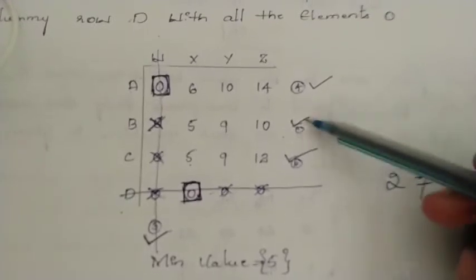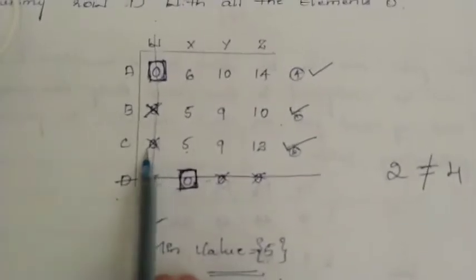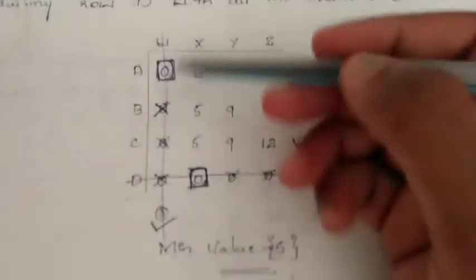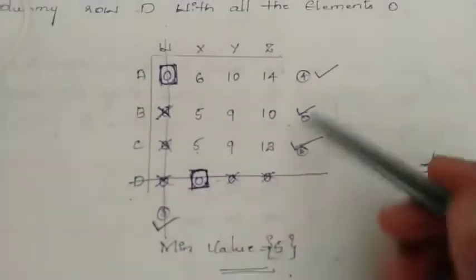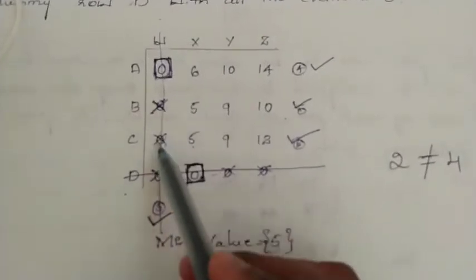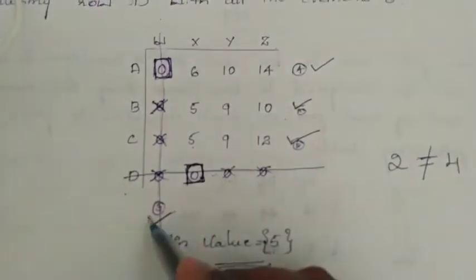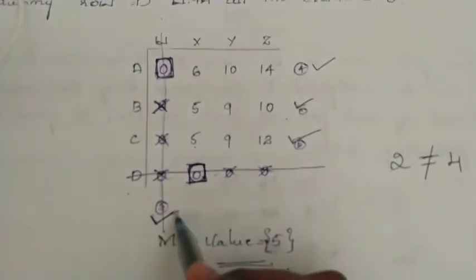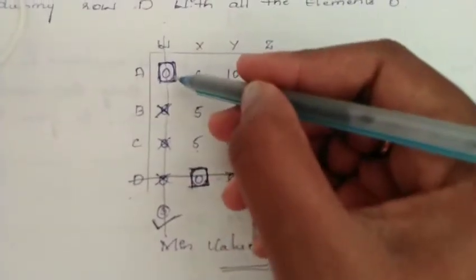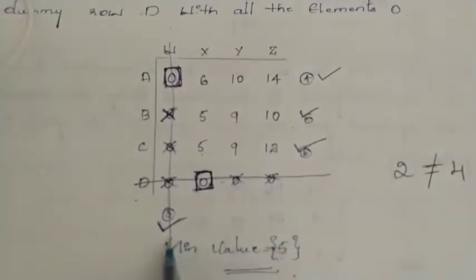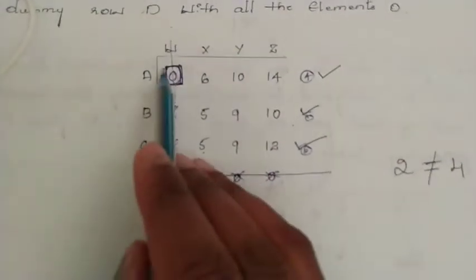Once you mark the unassigned rows, go through these 2 unassigned rows and identify whether there is a crossed 0. If there is, mark that particular column. In these 2 rows there are 2 zeros crossed with the cross line, so that particular column will be marked. Once you mark this column, move along this column and check whether there is an assigned 0 in it. If you move along this column, there is an assigned 0, and this particular row will be marked.